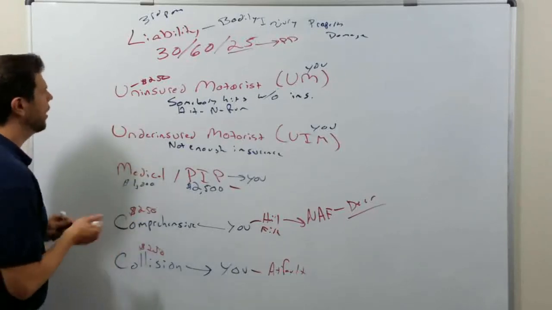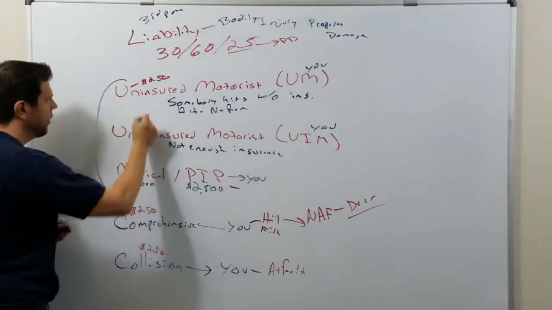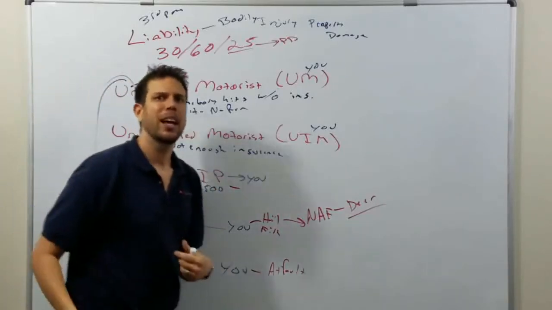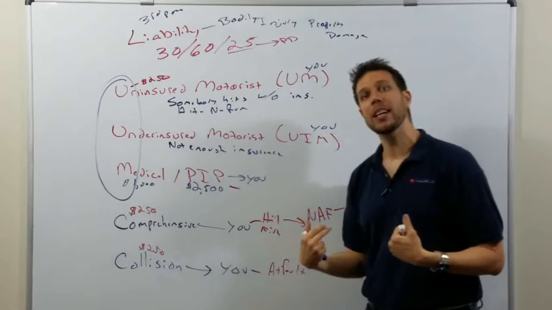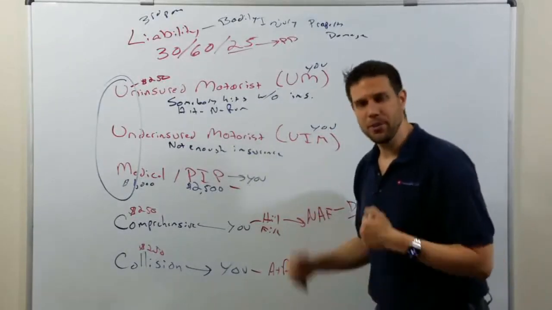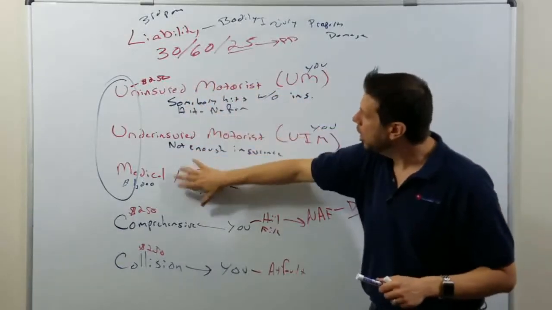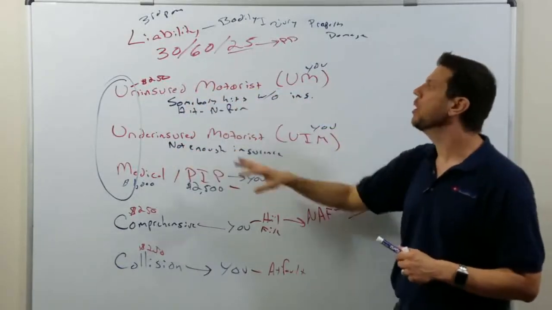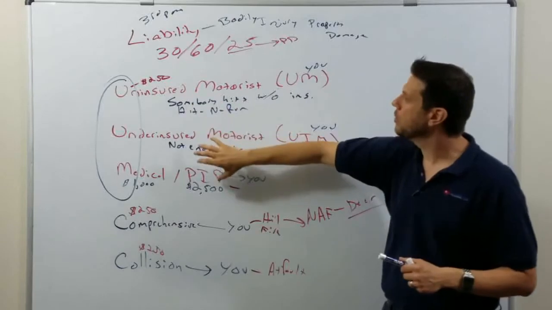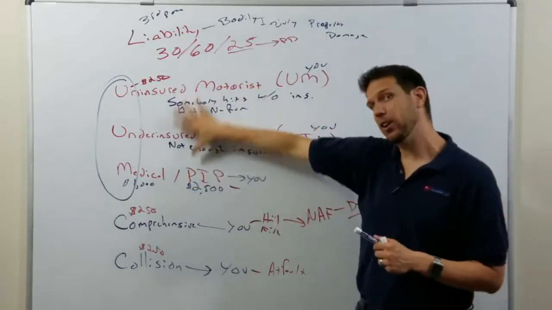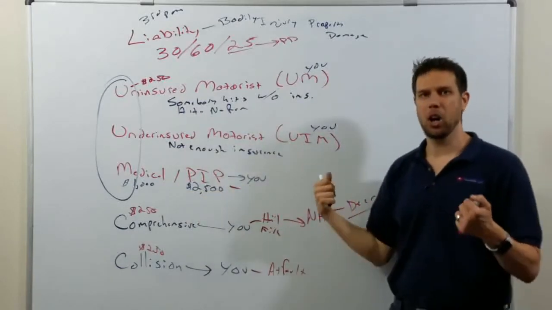The cool thing about these parts of your policy, they also cover your medical bills if you're struck by a vehicle while you're running. So let's say you're going for a jog at night. Even though you're not in your car, if a car hits you, your uninsured motorist, your underinsured motorist, your medical payments, and PIP can cover your medical bills.